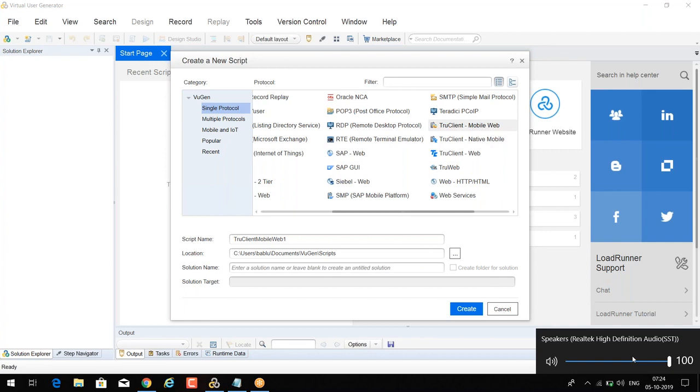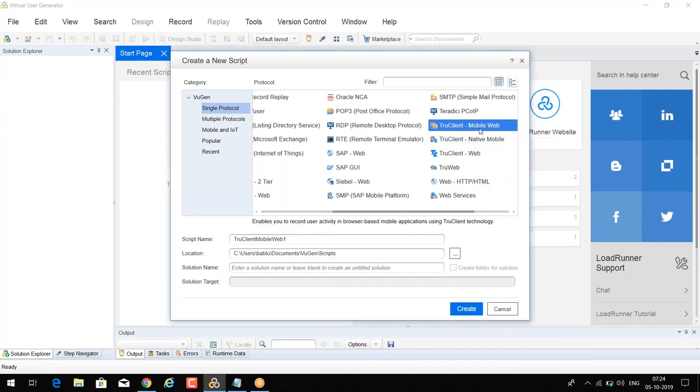This one is to record the mobile web-based applications. Mobile web means if you want to record the web-based applications at the mobile level, then you can use this protocol. Only browser-based applications you can record using the mobile web. If you talk about native mobile, if you want to record any app-related activities, suppose WhatsApp, you want to calculate the response time of WhatsApp launching the app, or measure crashing, those are all things that you can record with the native mobile.